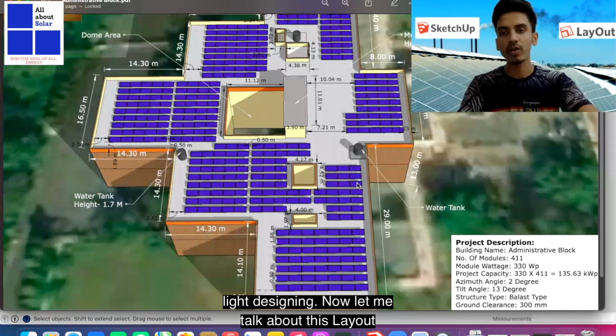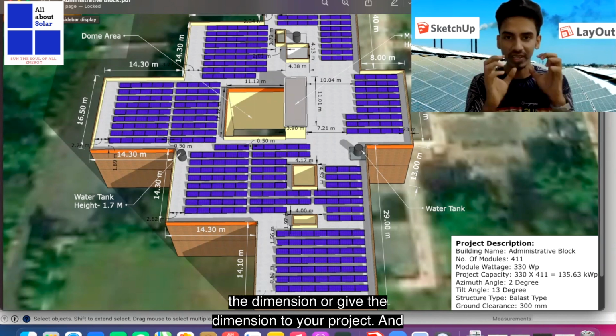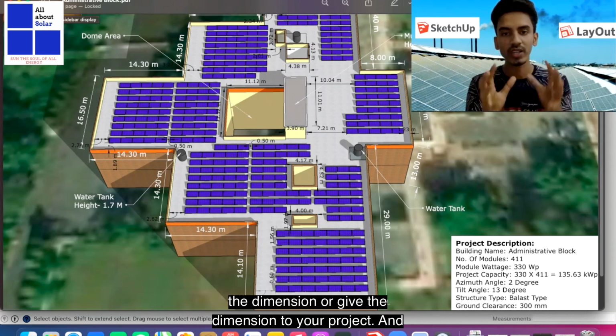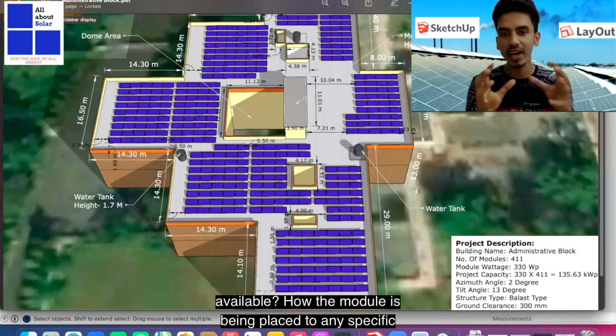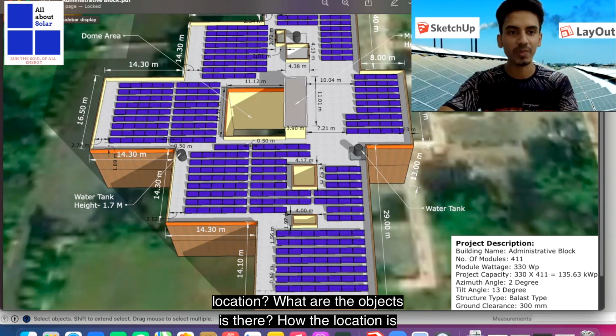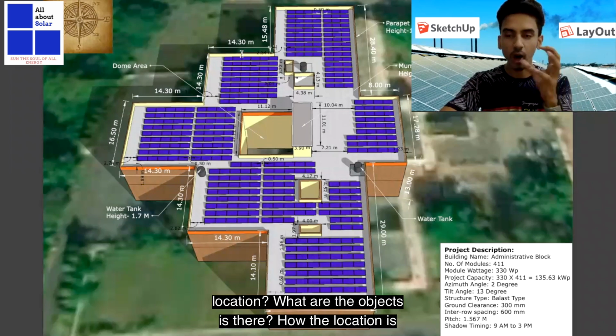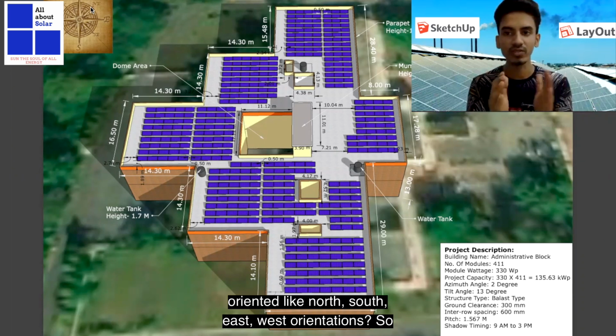Now let me talk about the Layout software. This software will help you give dimensions to your project and mention each and every parameter, like what area is available, how the modules are placed in a specific location, what objects are there, and how the location is oriented, like north, south, east, west.